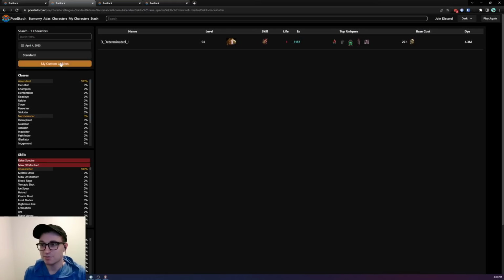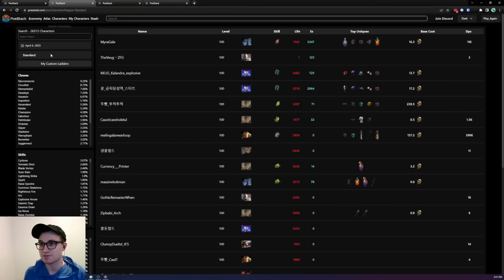Let's see. So the other main feature, let's just reset this for a second, is the custom ladders. So custom ladders are the idea that you might want a ladder that only includes your group of friends, but you're all playing in Standard or Sanctum or Crucible or any other league. So all you need to do, let's switch this to Sanctum for a second,